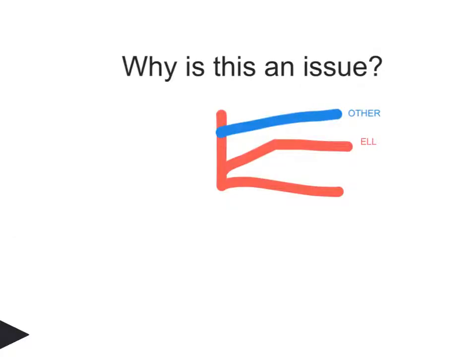Why do we need to do this? Well, we need to do this because we've seen an achievement gap. We have an achievement gap going on that you can clearly see right here. Our other students are doing significantly better in improving. Our ELL students have flattened out. Some of them are actually getting worse and going down, and that's a problem, and we need to address that.